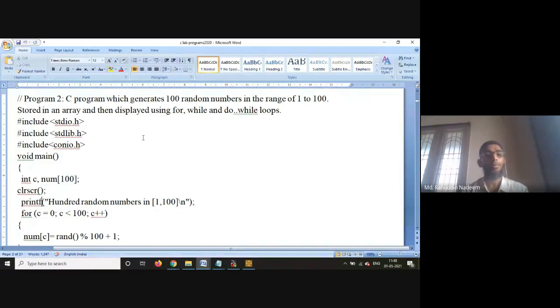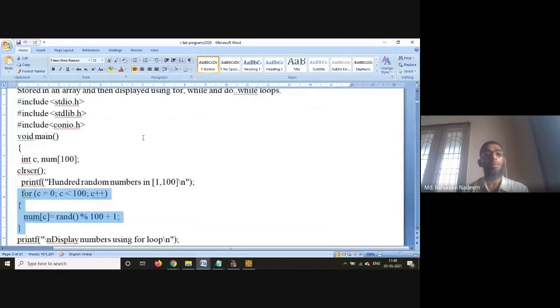Then we have for c = 0, c < 100, c++: num[c], that means num[0], is equal to the rand function. You need to know only about this function in the program. The rest of the things you can understand very easily.